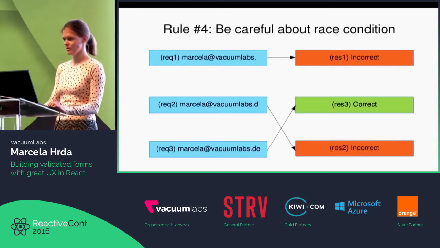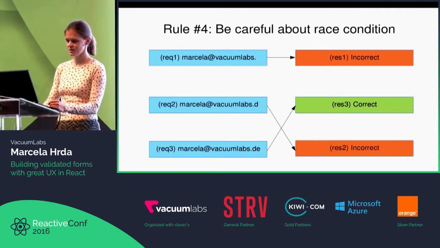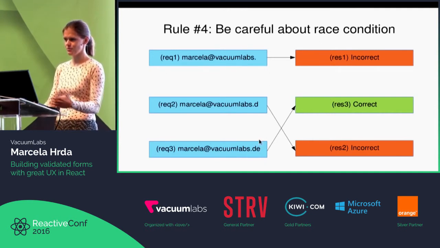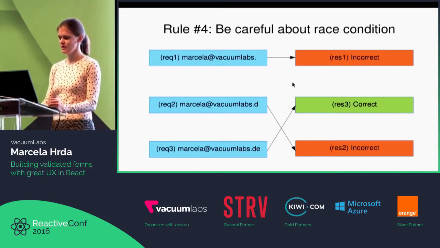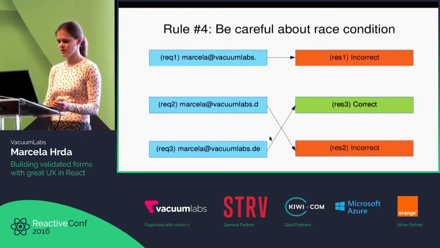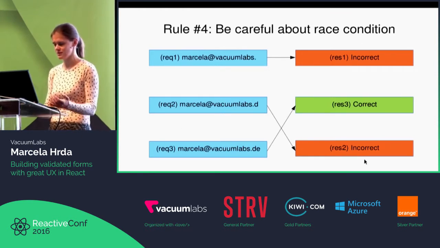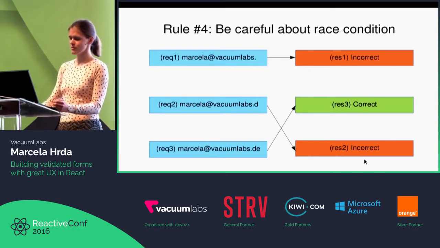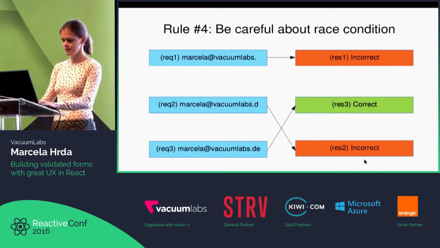For example, race condition. Here I'm entering an email address. I have 3 different values. I send 3 different requests. And if the responses come in different order and you are not careful enough, you may end up showing this one as the last response, as the last validity. You may end up showing that this correct email address is incorrect. Also,